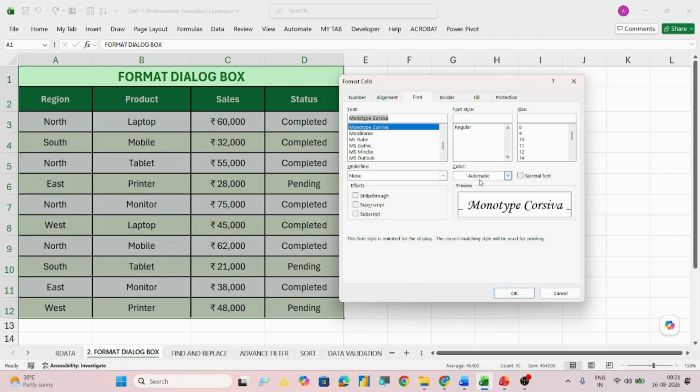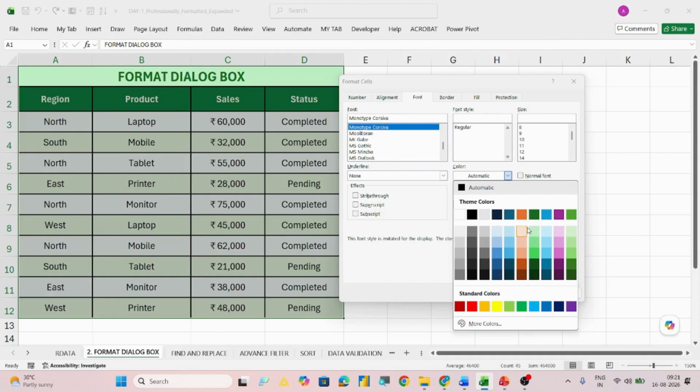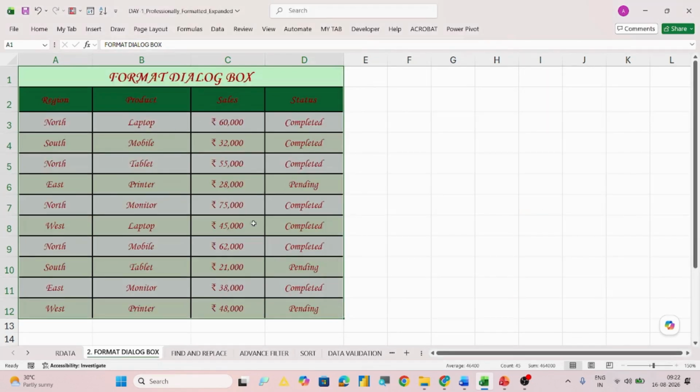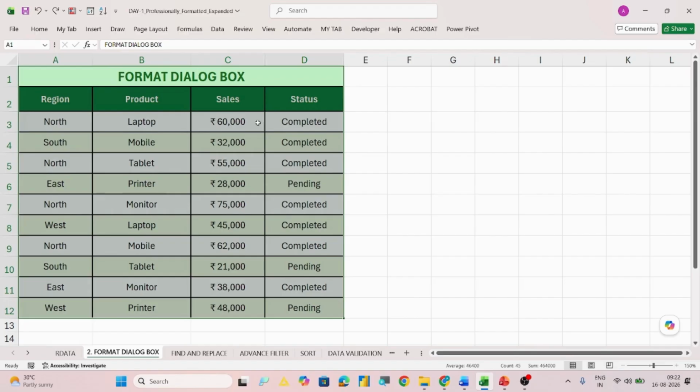And here let's say I want to change the color also. I will change the color to, let's say, red, right? And if I want to increase the size, I can increase the size also. So say okay, everything has been changed, right? Control Z means I'm coming back to my original font style.